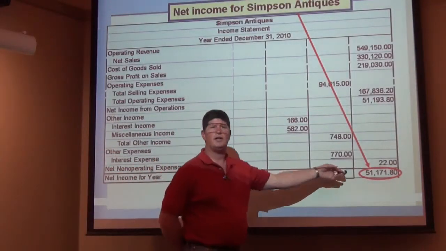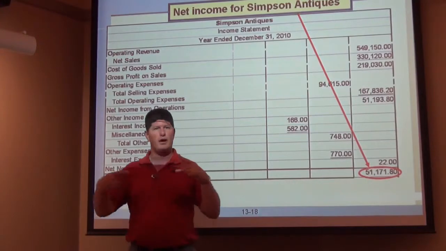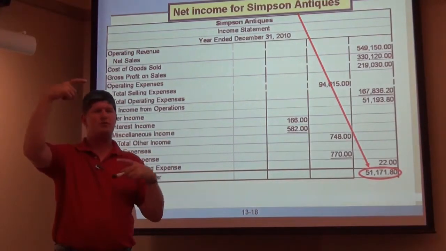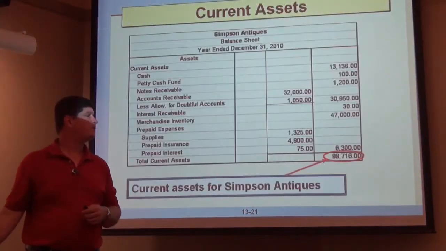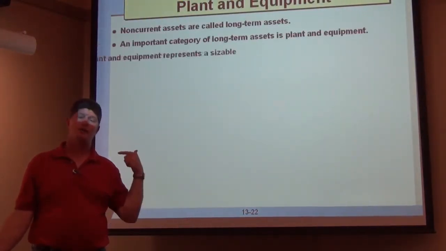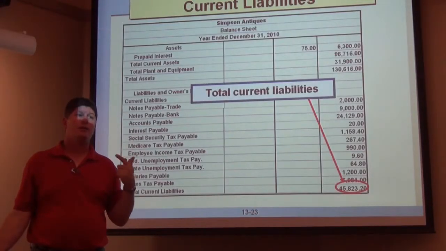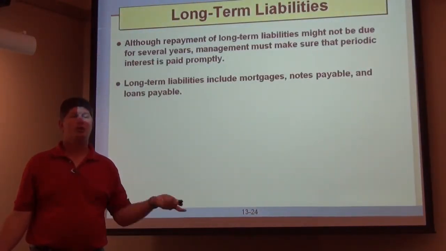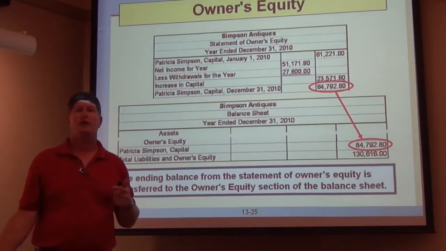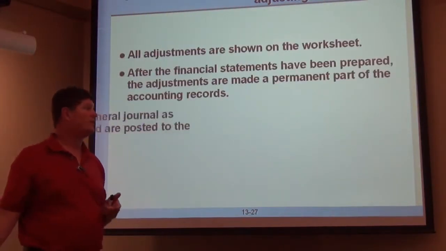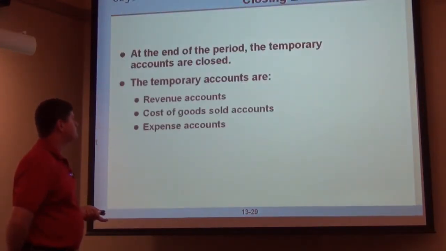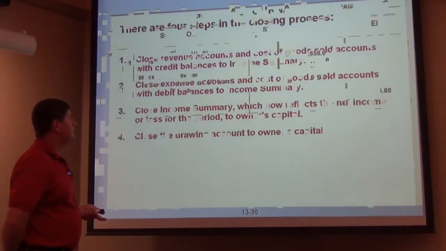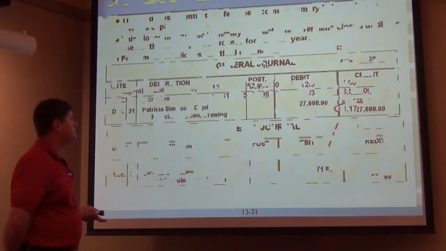See, it does match the net income from my income statement because I've accounted for that $5,000 difference between beginning and ending inventory. Okay? So when you close out that income summary and you take that $51,000 balance to the capital account, your capital balance now ends up correct. And your general ledger matches the income statement and the balance sheet and the statement of owner's equity that you just issued to the world. Right? This is the Evelyn Wood version, for those of you. Net income total should equal